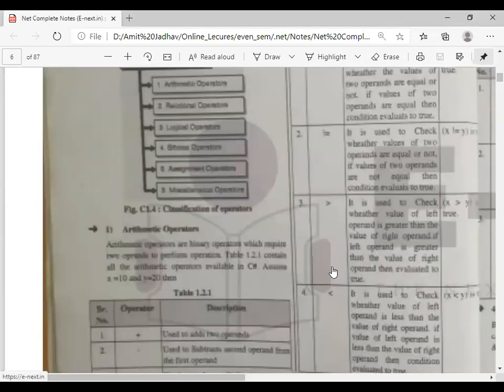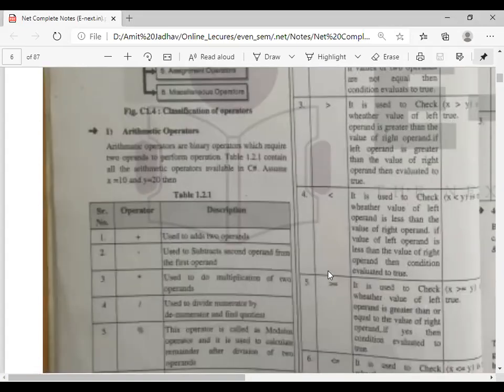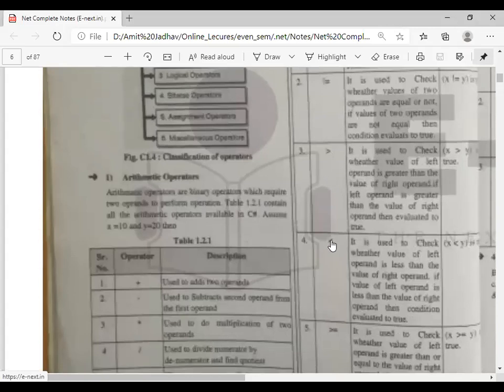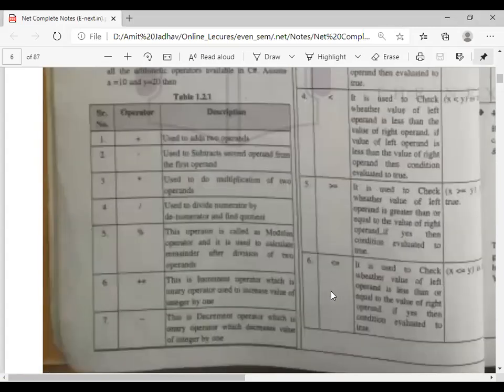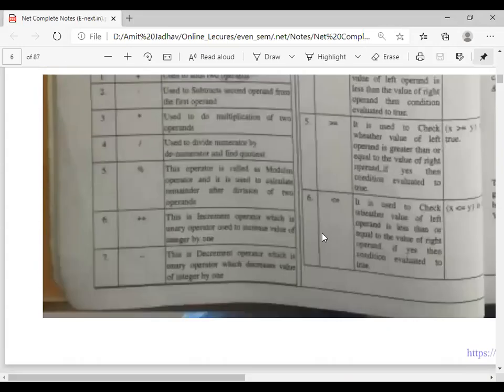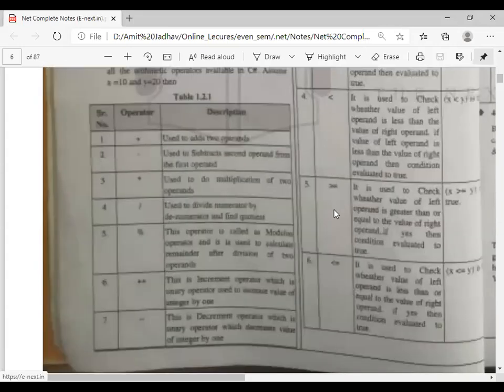Then greater than and less than have the usual meaning. If x is greater than y, we use this sign. If x is less than y, we use this sign. Similarly, we can use greater than or equal to and less than or equal to. What is the difference between greater than and greater than or equal to?